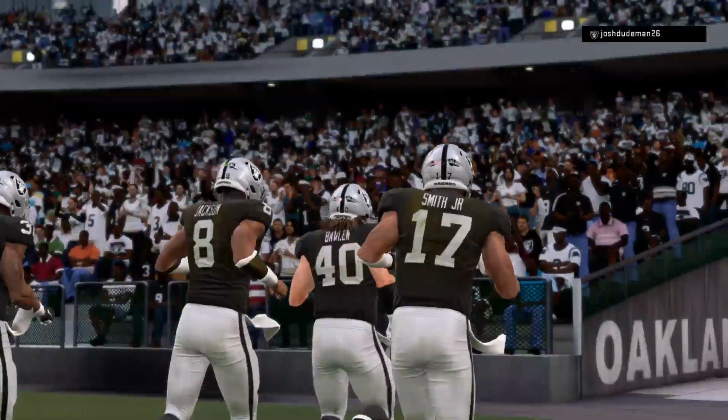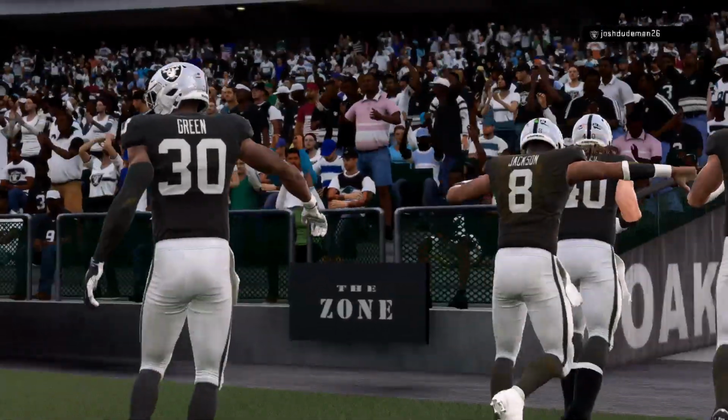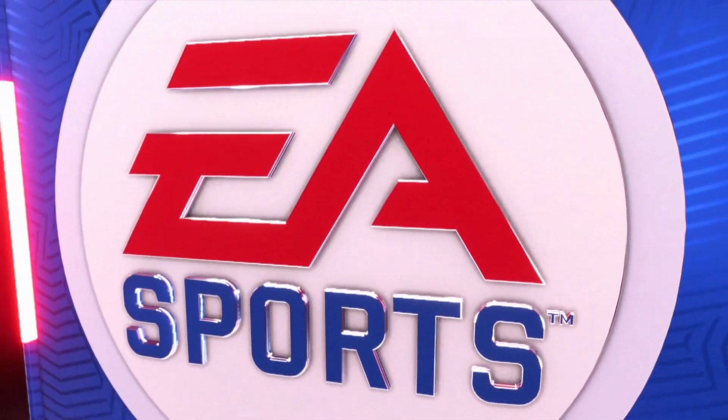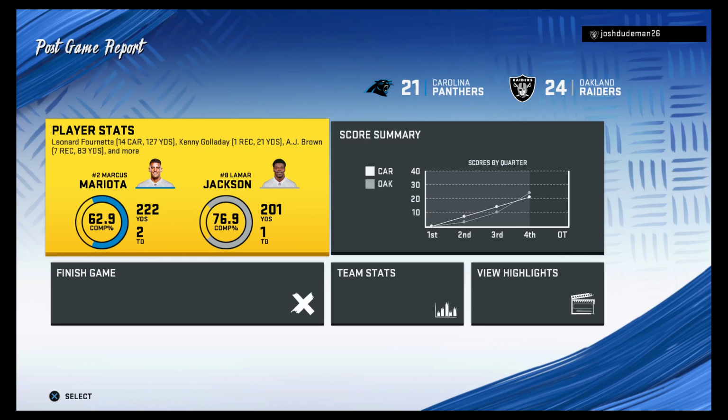So for Oakland, the win keeps them barely hanging on to their playoff hopes as they move to 4-7. And they'll hit the road next week to take on the Baltimore Ravens. Meanwhile, for Carolina, we'll see how this affects their playoff standing as they fall to